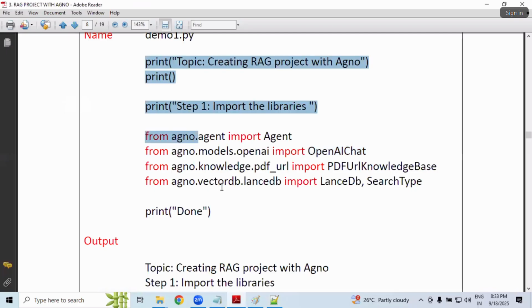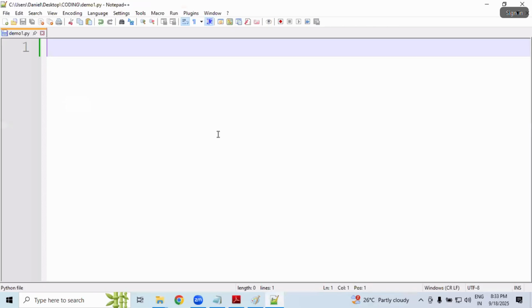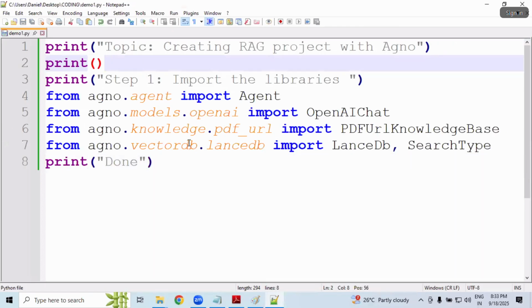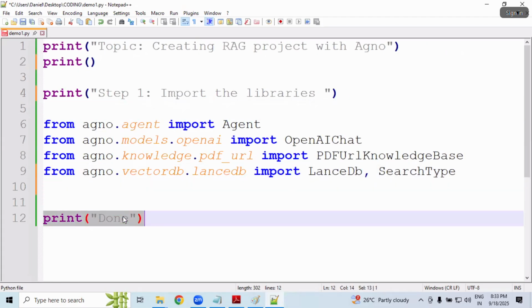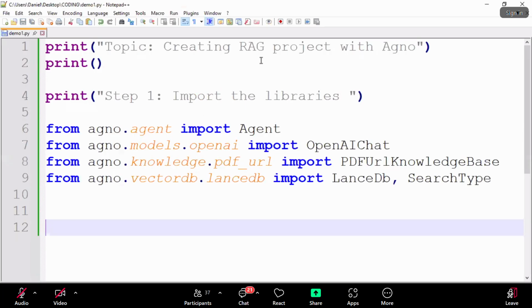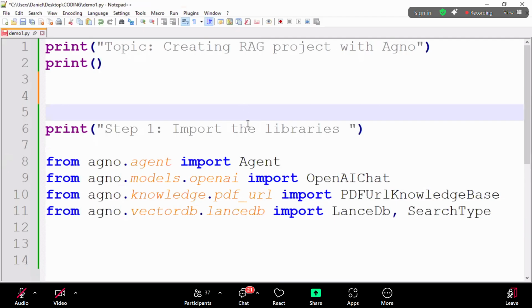If I don't have an OpenAI key in my Gmail, then you have to wait until tomorrow. But meanwhile, at least you can set up the environment. I will tell you what all we are installing. Not required, because you know the process, actually. Creating a RAG project with the framework. What is step number one, sir? Importing the required libraries.